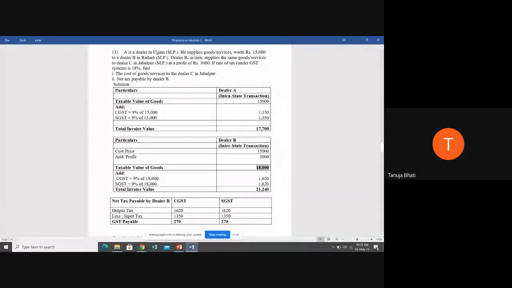Yes, ma'am, I understood. So always on the sales value, you're going to charge tax. For example, suppose you go to purchase shoes in a Bata showroom. For the Bata owner, the shoes cost may be only 100 rupees. But when selling to you, they add their profit margin, suppose 200 rupees. So they're selling to you at 300.